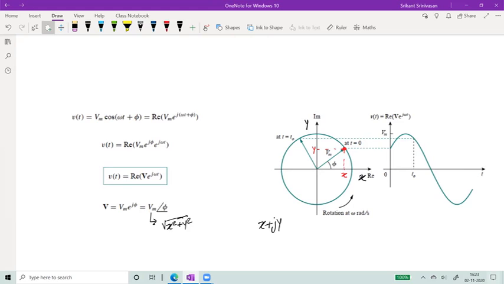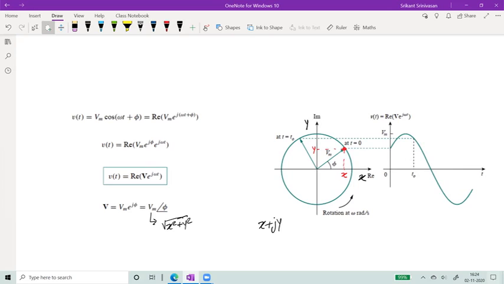So what we are saying is that if I have some function, e power j omega t, then if I want to plot it out, the way I would do it is, I can imagine that this phasor is rotating in an anti-clockwise direction. Because what you're noticing is, as time increases, e power j omega t increases, right? And therefore, this phasor will keep going in a circular motion. And if I take the projection of that across the imaginary axis, then you can actually see that the phasor is generating a cosine waveform. That's what you notice here.